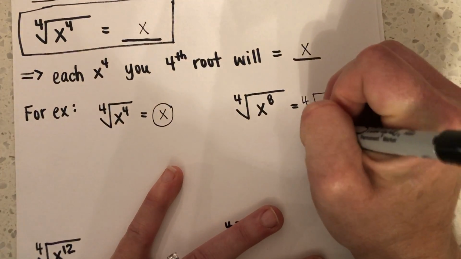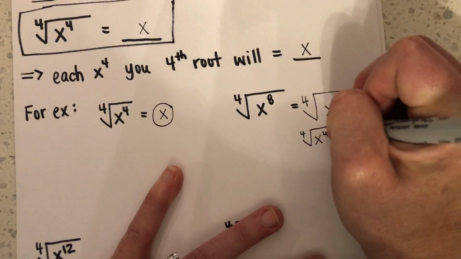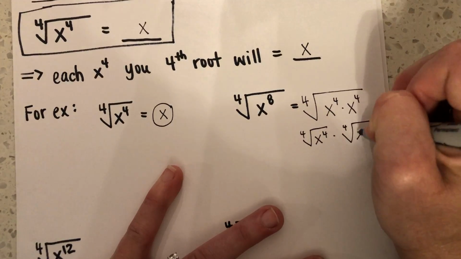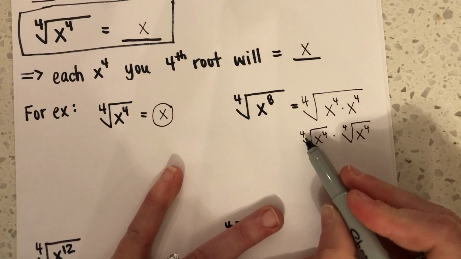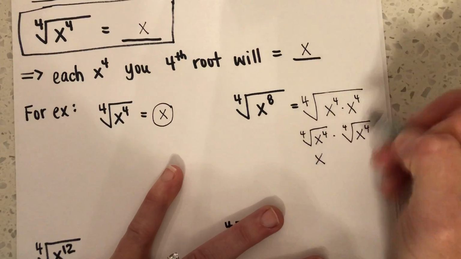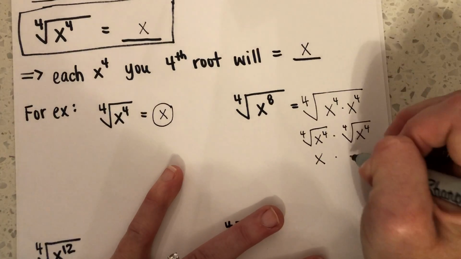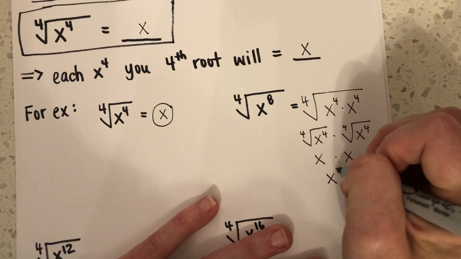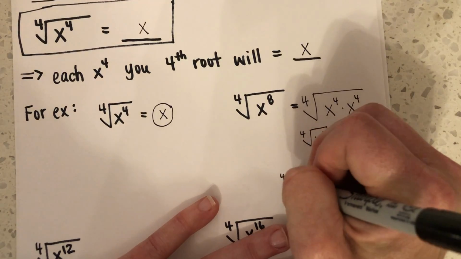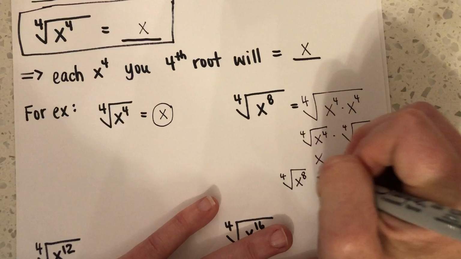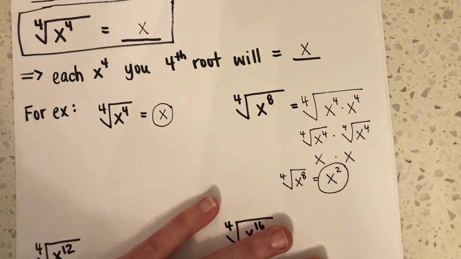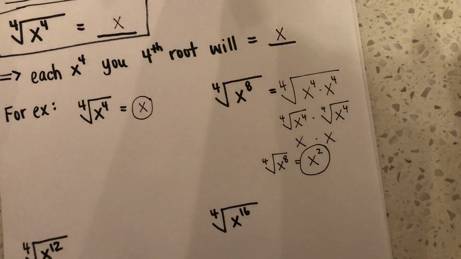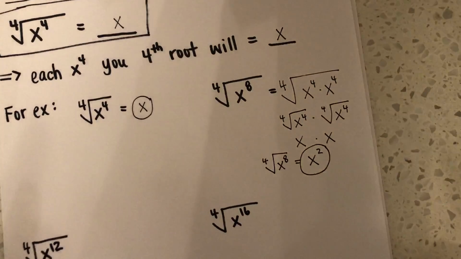So now I can split this into the fourth root of x to the fourth times the fourth root of x to the fourth, and now the fourth root of x to the fourth is x, times the fourth root of x to the fourth is another x, and now x times x is x squared. So that means the fourth root of x to the eighth is equal to x squared. But remember, there's a shorter way to get to that answer. The shortcut